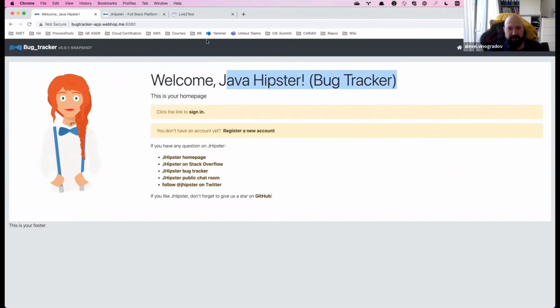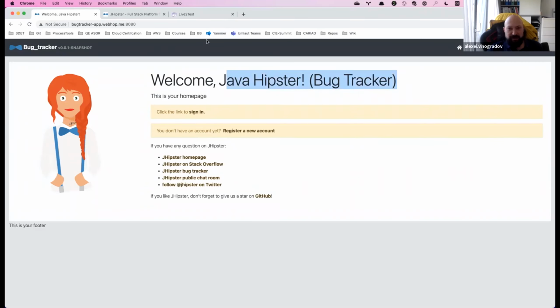And I'm using it for creating sandbox applications, like sandbox platforms for testing, but it can also be used for production-ready applications and helps you to start very quickly with a pre-generated code base.